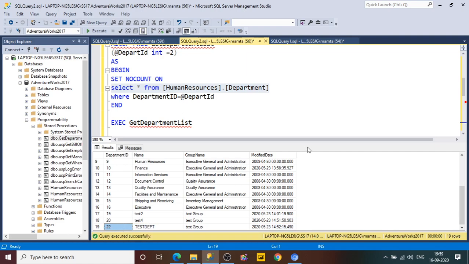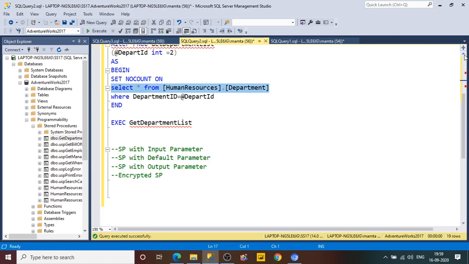Let's say, with the help of a stored procedure, I am going to insert a new department in my department table. The department ID is an auto-incremented value, as we can see. Whenever a new record is inserted, whatever ID is inserted into the database, just give it back to me so that I can display it in my ASP.NET application, or use it further. In such scenarios, we use output parameters.